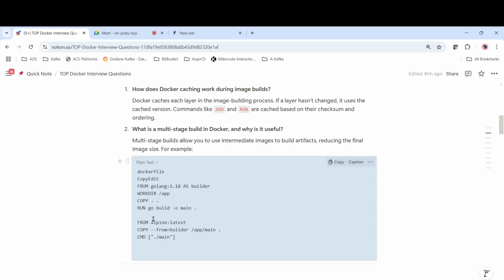Later, in the second stage, if you see, we have used alpine. Okay, so alpine is a minimal image, so that your container size will be very small. So you can use multi-stage to reduce the image